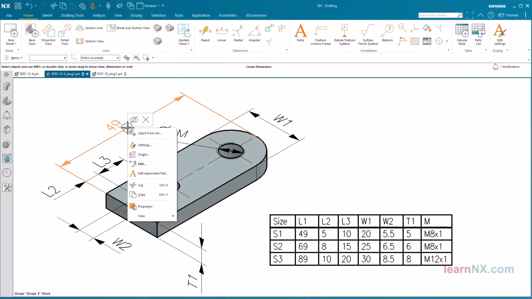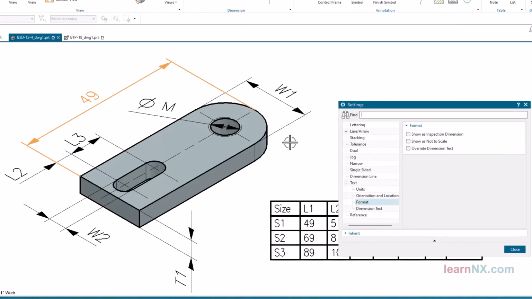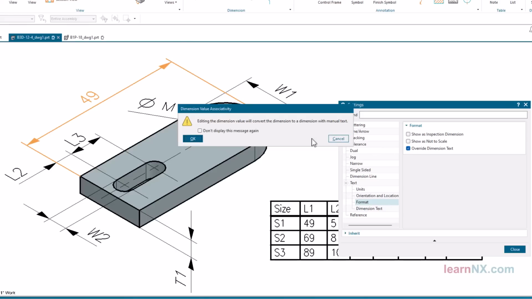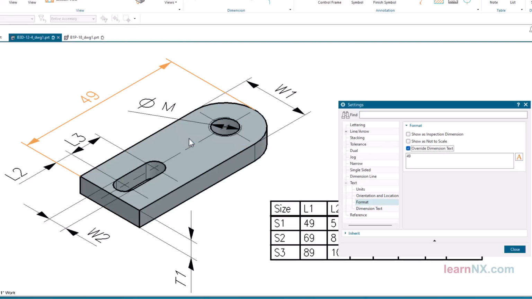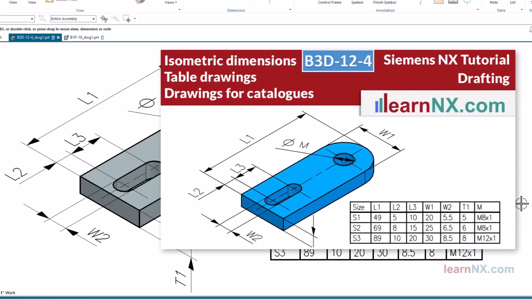For catalog drawings, it is necessary to overwrite the dimensions and insert variables. This way, the customer can find the dimensions for all sizes according to a table. In the description you will find the link to the video on how to create such catalog drawings, also known